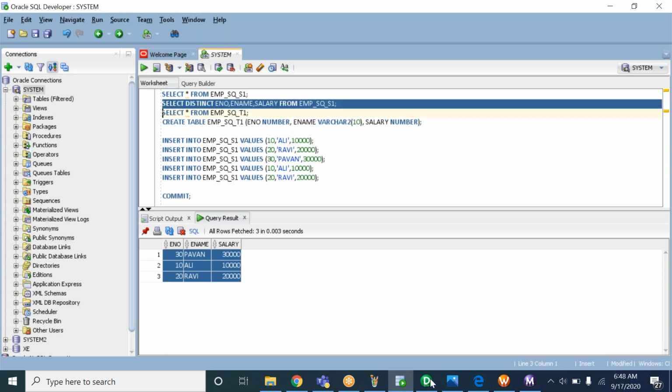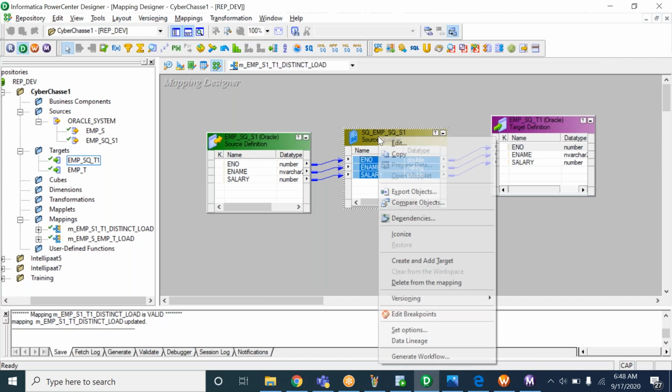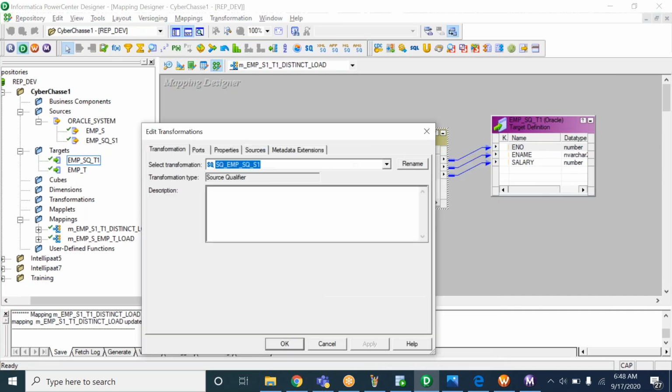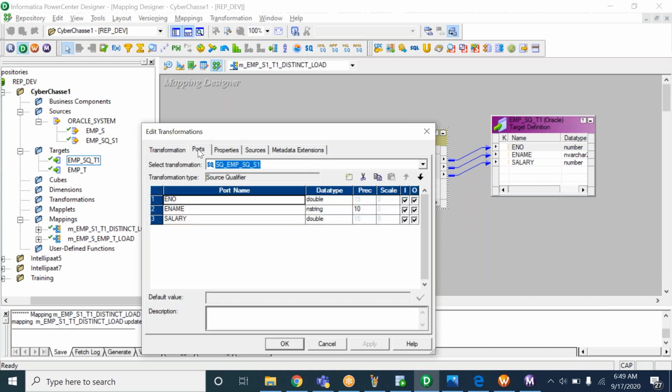So where do we have to write that query? Right click on the source qualifier, Edit, or you can double click. In the first tab we have Transformation. Here we can see the transformation name, and if you want to add any description about this transformation, you can write it, otherwise we can leave that as it is. Second tab we have Ports. Here are the ports: employee number, employee name, salary. These are the column names, right? In the table, employee number, employee name, salary, these are the column names. Whereas here in Informatica, we have to call these are